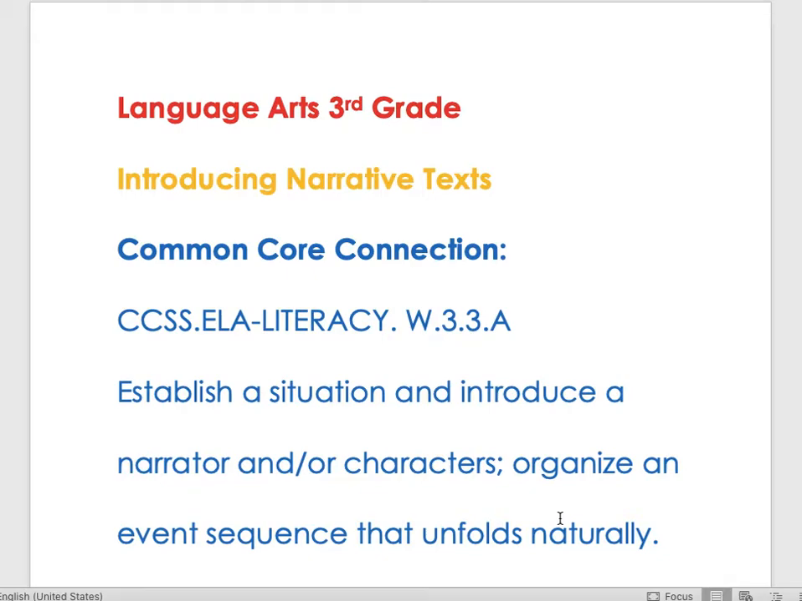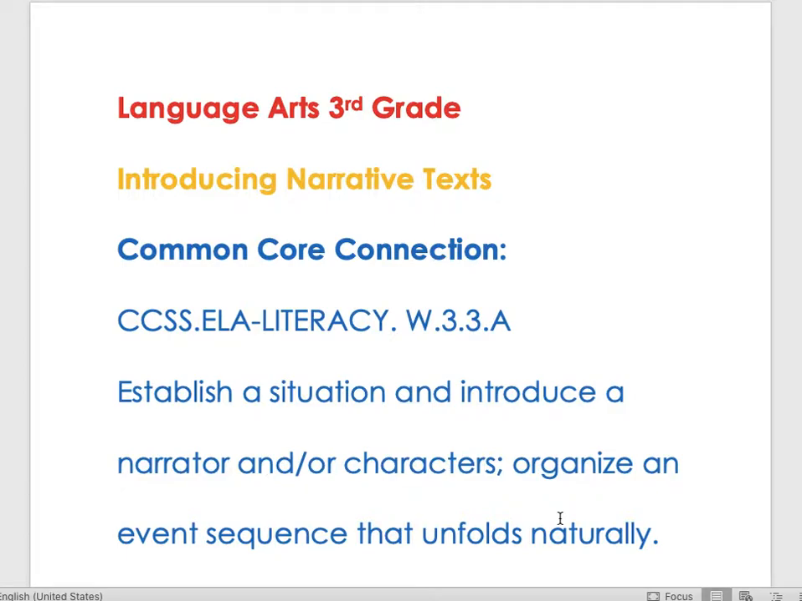This is a third grade English language arts lesson plan, which focuses on introducing narrative text, connecting to the Common Core for English language arts writing for third grade. The standard that I chose was to establish a situation, introduce a narrator and/or characters, and organize an event sequence that unfolds naturally. Jumping right into the lesson plan, it takes us to our anticipatory set, where I, the